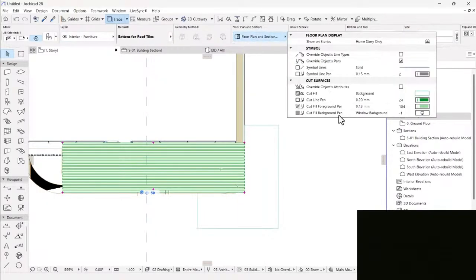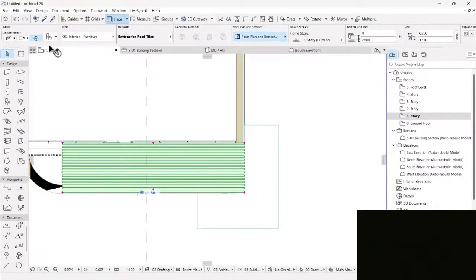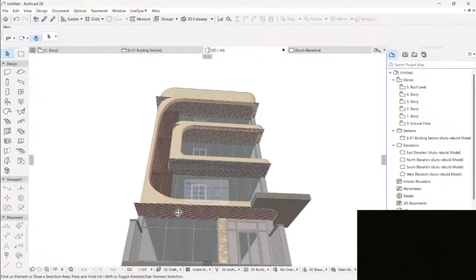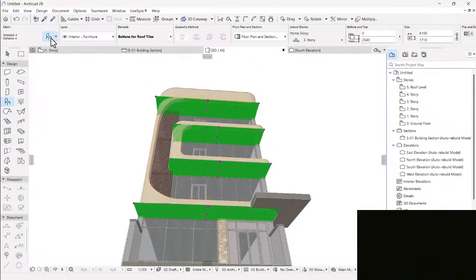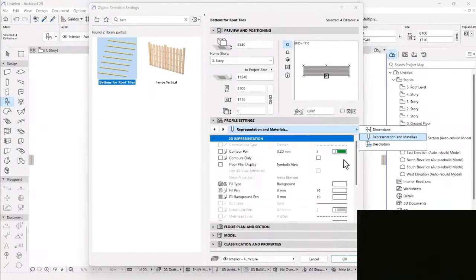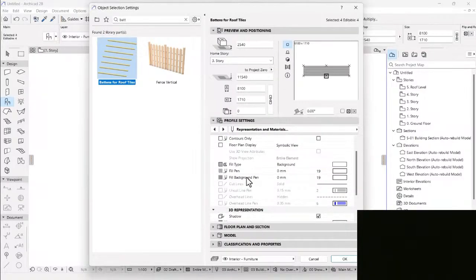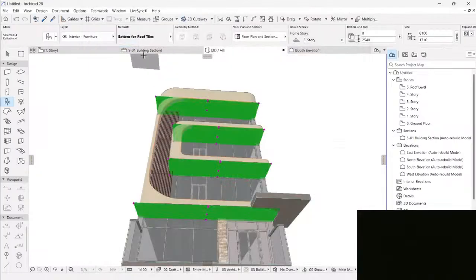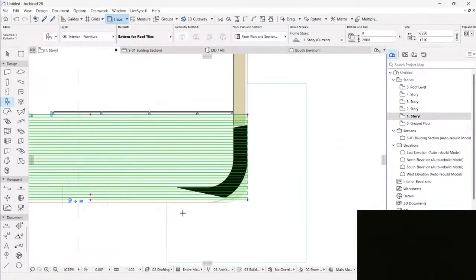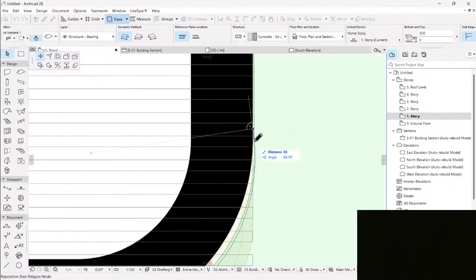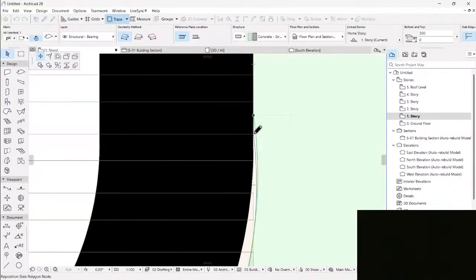Let me send this to back or change the, let's do it to all this. I'm going to select all this. If you go to settings, under profile settings, we want to change the representation on 2D because it has the background fill. Let's make it transparent. Hit OK. Then if you go back here, you can see the underneath of that, so that I can easily modify my curve